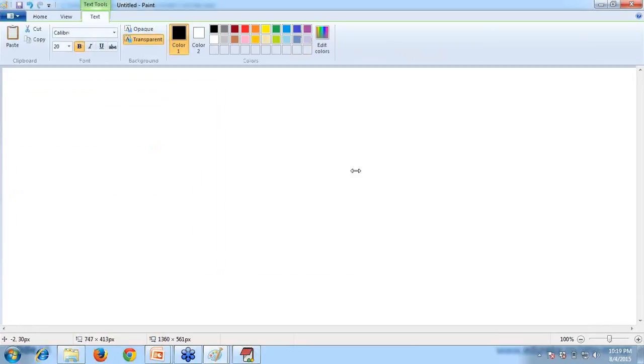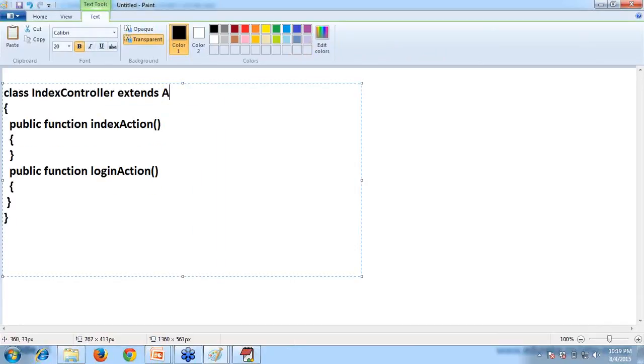So we'll work with the CakePHP case. It extends AppController, so we are writing this. AppController is defined as the superclass. In Index, we are defining our action. What is an action? It is a request from the client. And every action has a corresponding view that is available in the views folder. Controllers are available in the controllers folder. Views are available in the views folder.